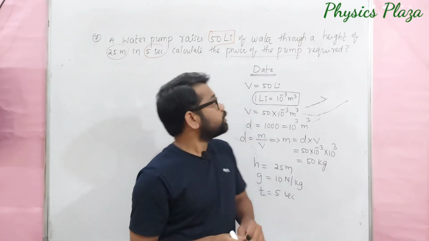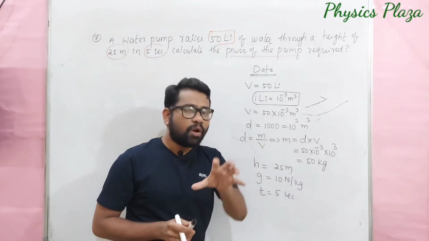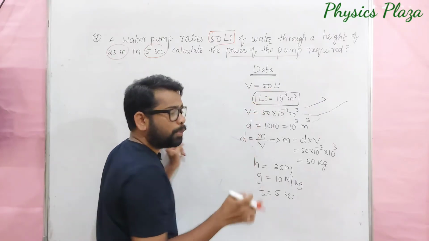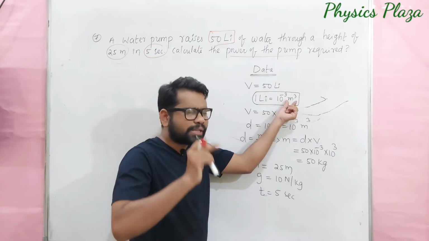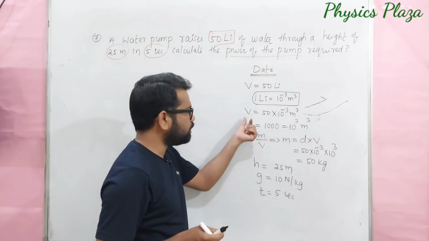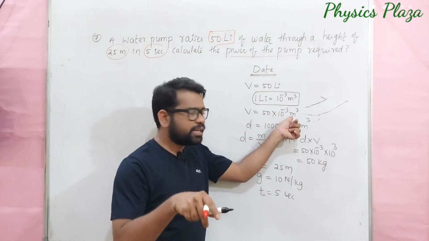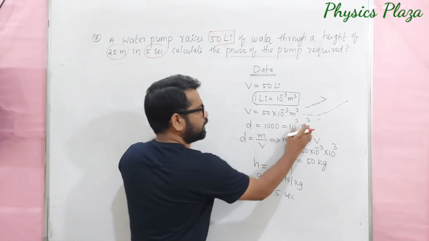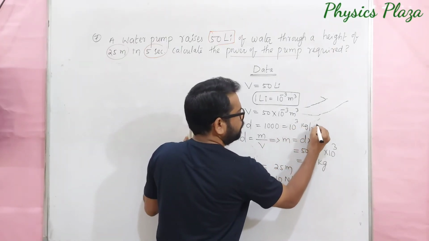It's very important. So here volume is given actually. From that we have to calculate the mass of the water which is taken. So look here. Volume is given, 50 liters, but we know that 1 liter is equal to 10 power minus 3 meter cube. So let us first convert the volume from liters to meter cube. So V is equal to 50 into 10 power minus 3 meter cube. And children, in the question it is given that the density of the water is how much actually? 1000 kg per meter cube.